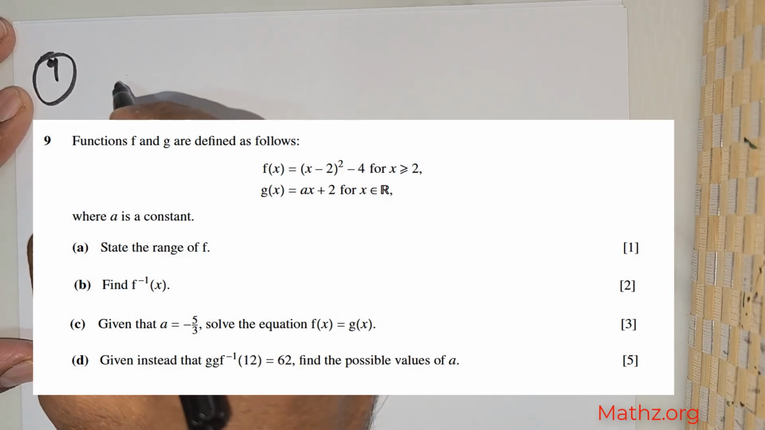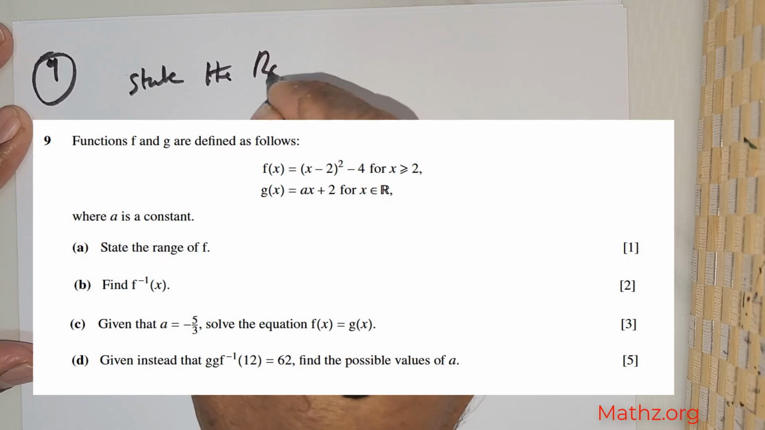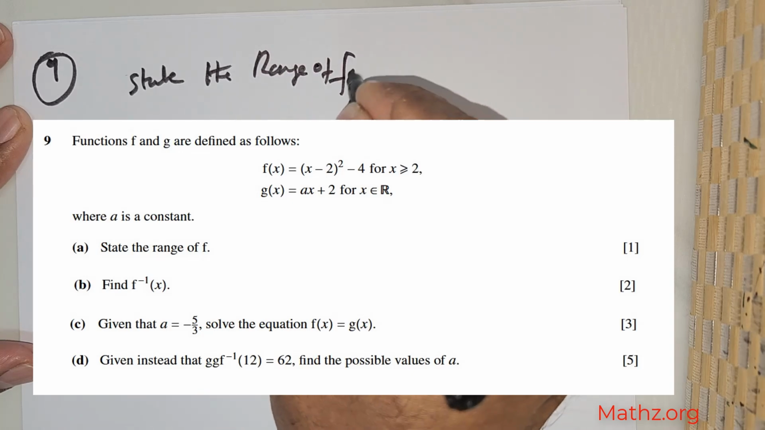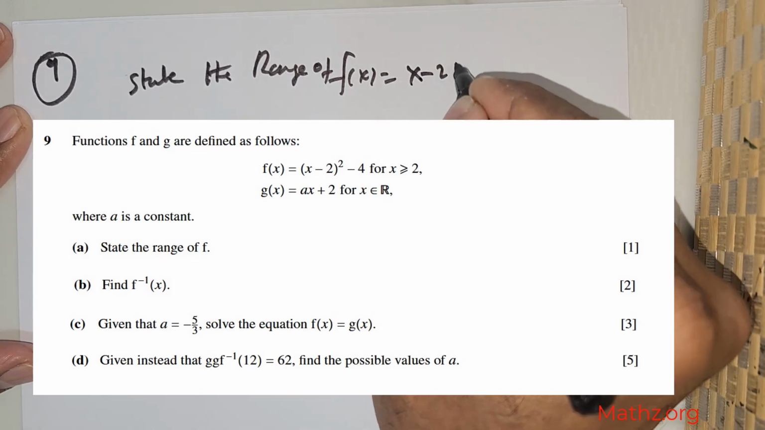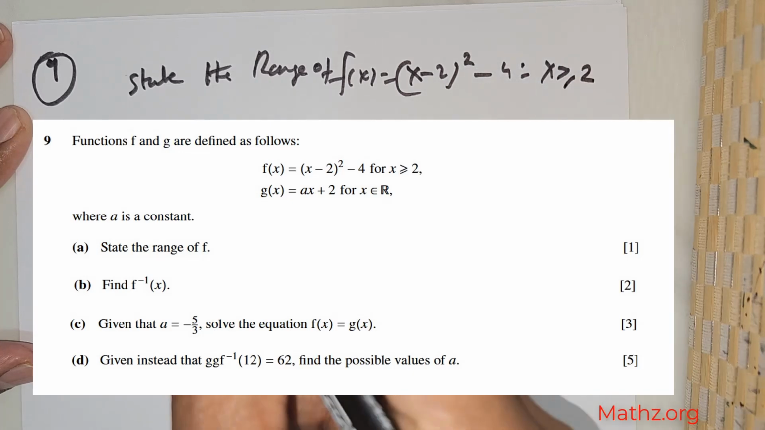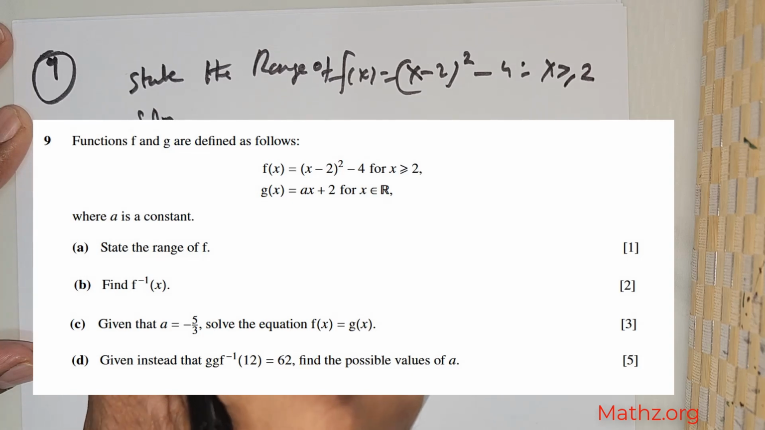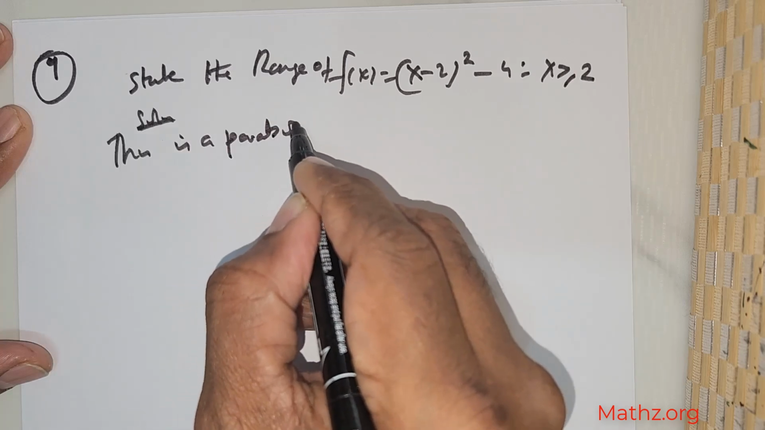Now students, this is question number 9. We are asked to state the range of f(x) = (x - 2)² - 4 for x ≥ 2. Now this is a parabola, right? So solution, this is a parabola